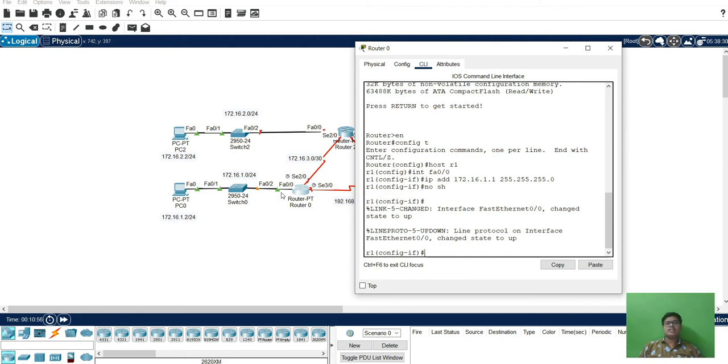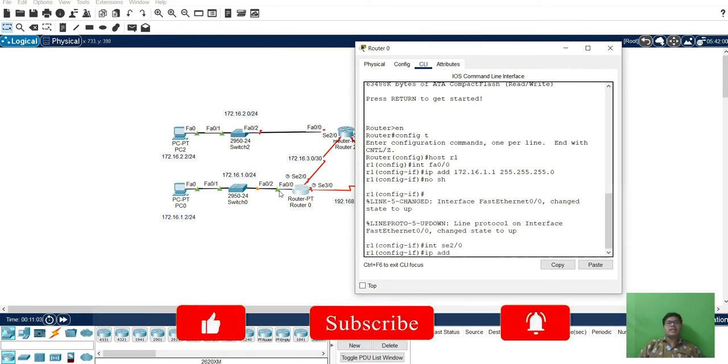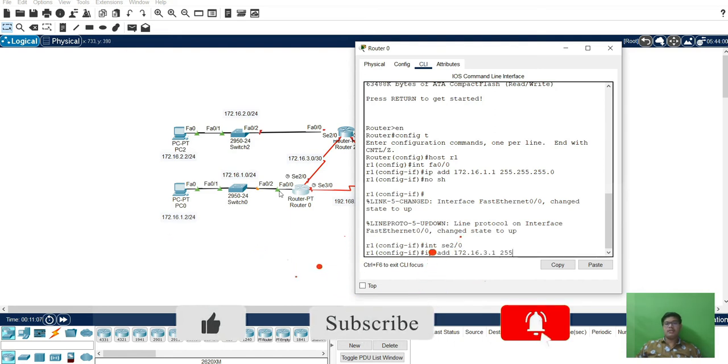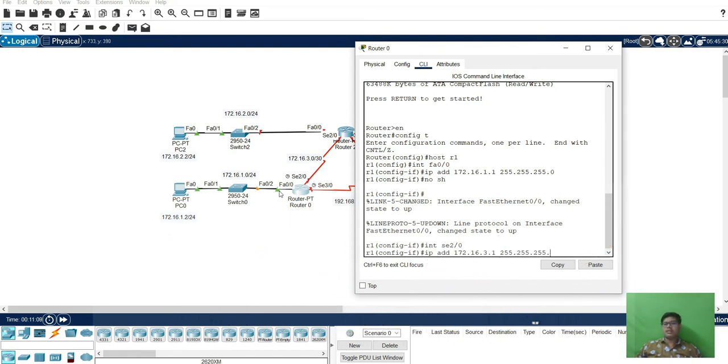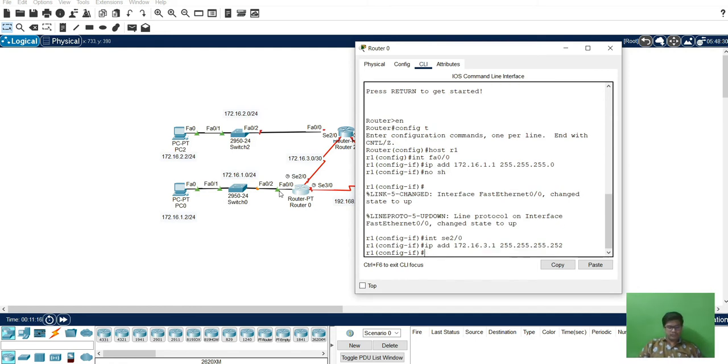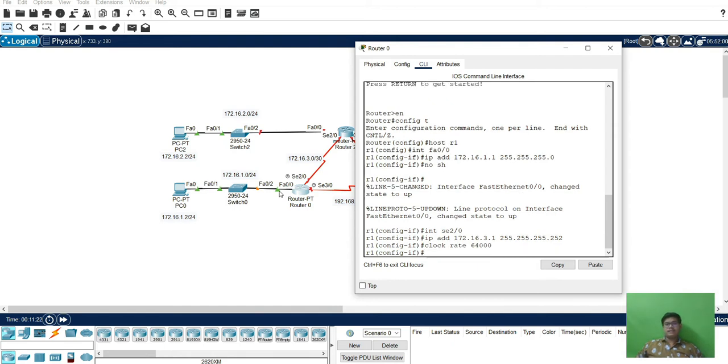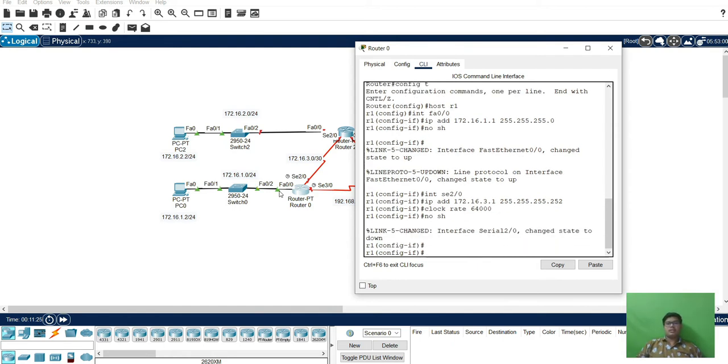So the port is up. Next interface serial 2/0, IP address 172.16.3.1, 255.255.255.252, that is the subnet mask. Clock rate, no shutdown. So the port is up now.